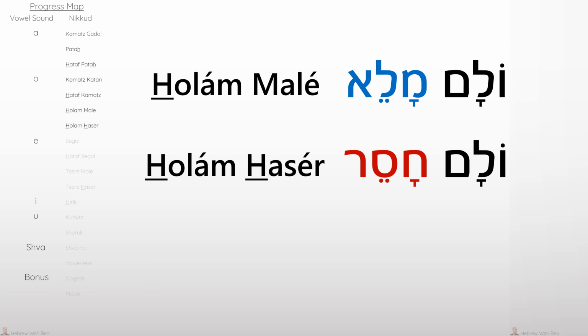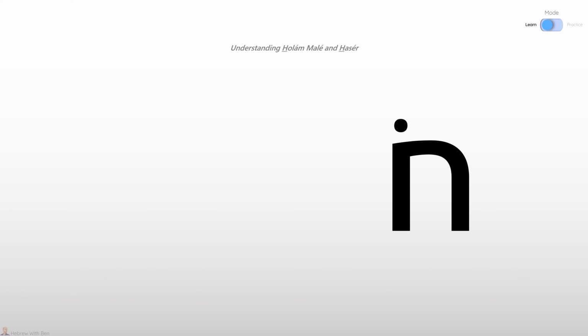Cholam is represented in two different ways. The first way is by a dot in the upper left corner of the letter. This is what we call cholam chaser.